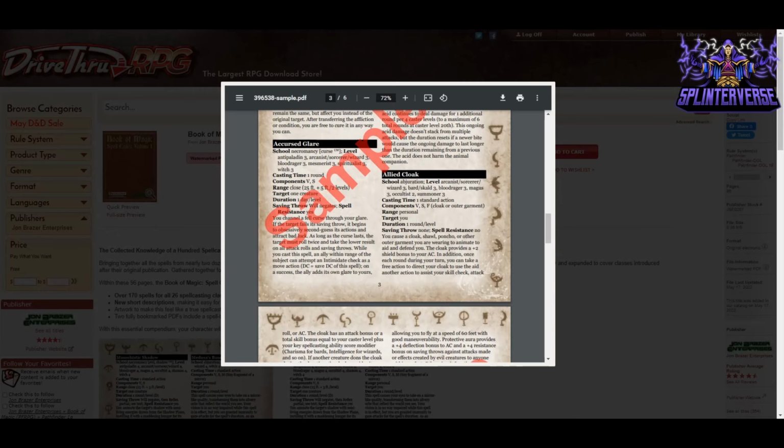Then you've got a cursed glare here. It says you channel a fell curse through your glare. If the target fails its saving throw, it begins to obsessively second guess its actions and attract bad luck. As long as the curse lasts, the target must roll twice and take the lower result on all attack rolls and saving throws. While you cast the spell, an ally within range of the subject can attempt an intimidate check